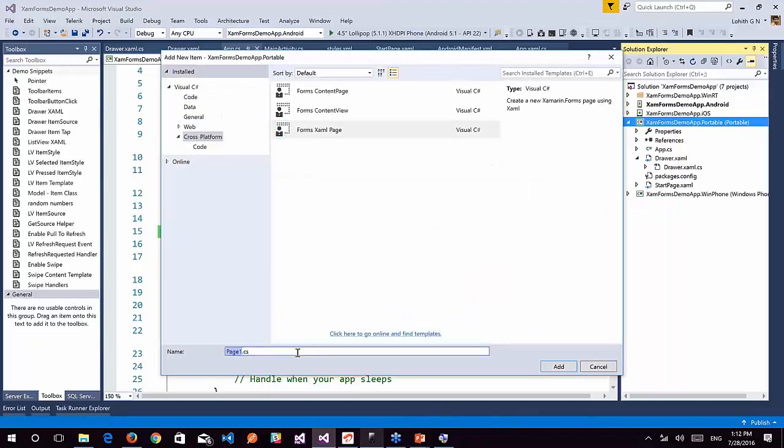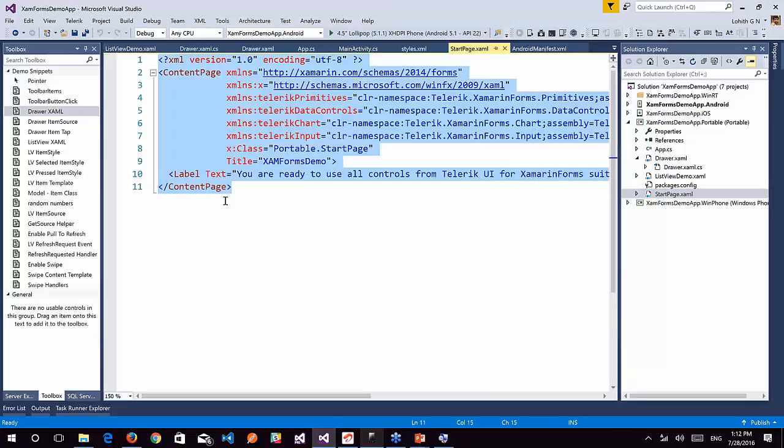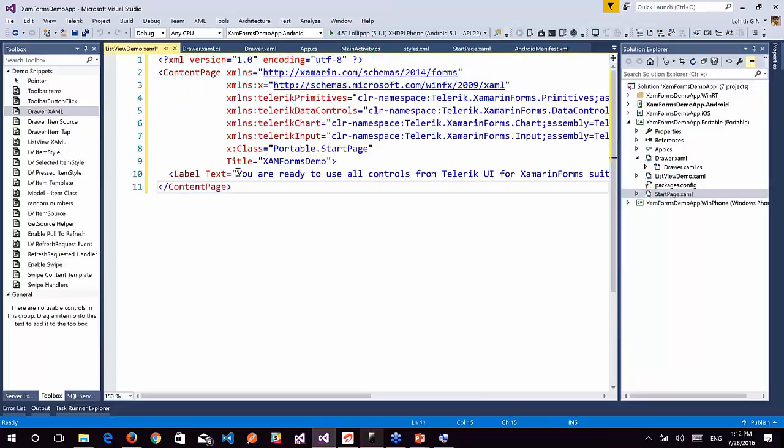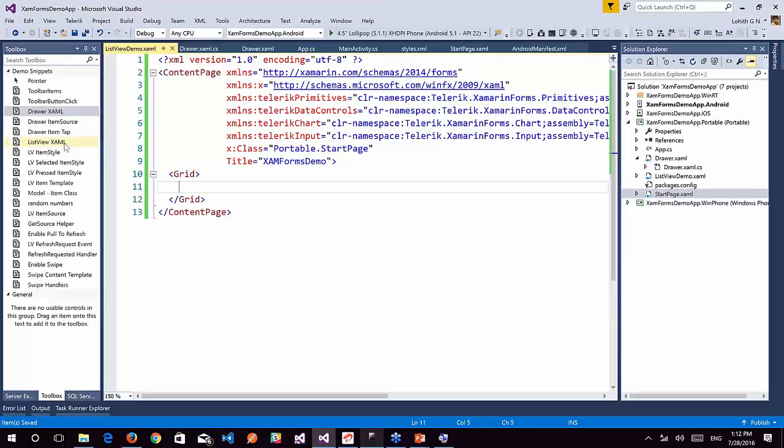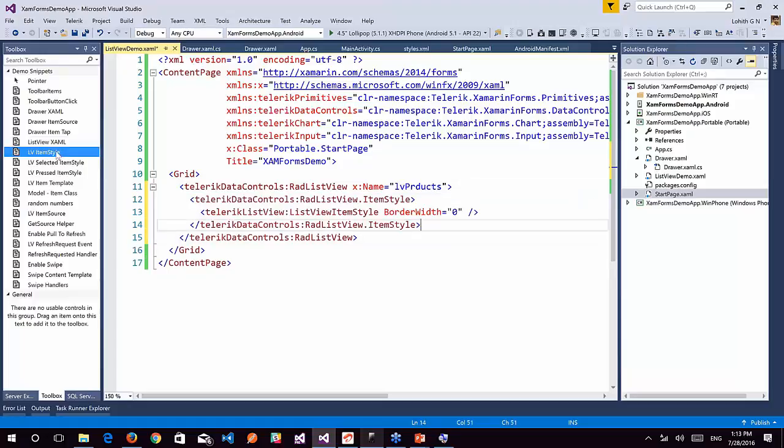I'm going to say ListViewDemo.cs, and let me go to the start page and just copy paste as is, and again I'm going to place a grid. In the grid, I'm going to paste the list view XAML. So there we go, this is what you get. You get the Telerik RadListView, named LVProducts. Then I need to set a style on that particular